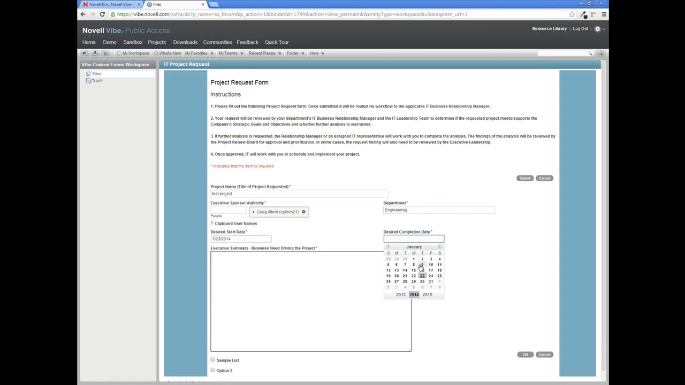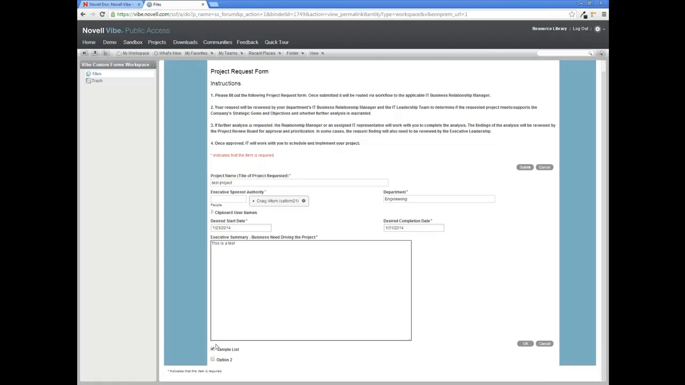Engineering, we're going to have it start today, and we'll have it completed hopefully by the 31st. And all of these that are required, again, need to be filled out. These aren't required, so I don't have to check those. I'm going to select OK,